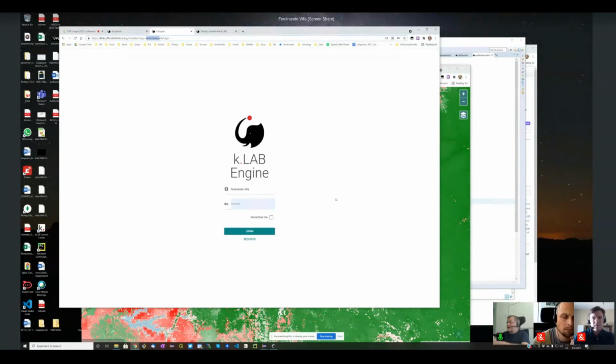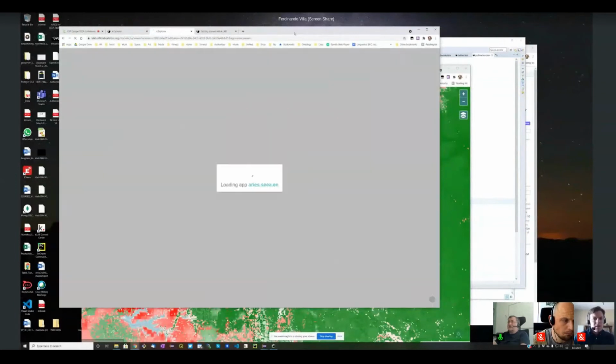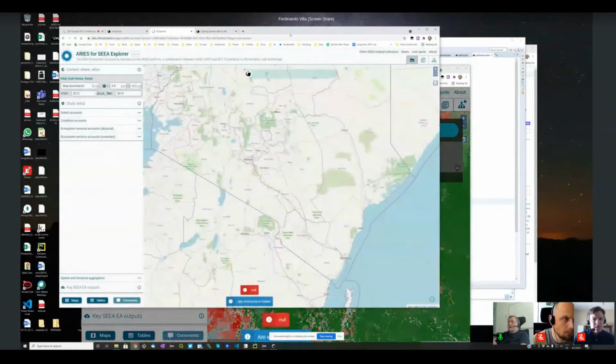I could just get the same Explorer that I got before. But if I use this link that contains the application, I will get a specific application, which in this case is meant to support natural capital accounting. And I will give just a short explanation, because I don't have a lot of time available.